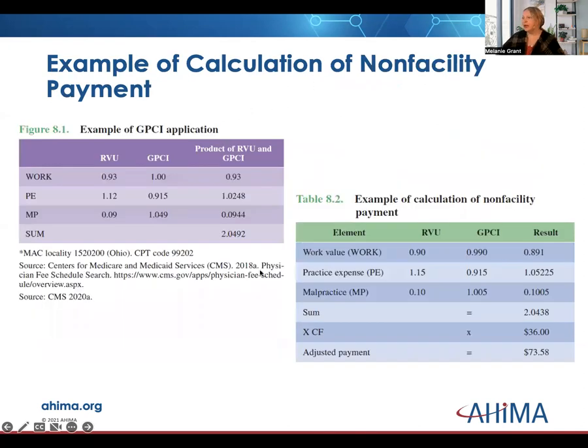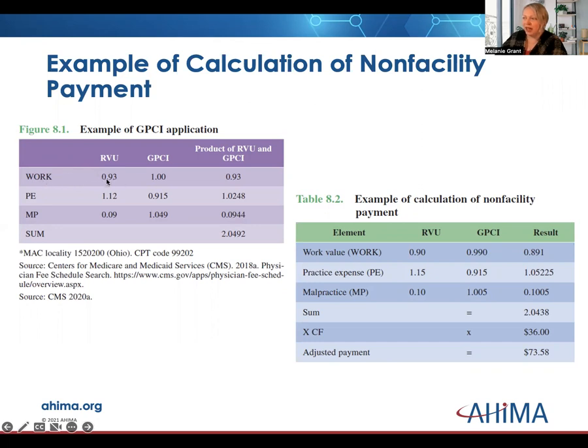So we have an example here of how non-facility payment may apply. This is utilizing the 2020 publishing in Ohio of the code 99202, which is a new patient office visit on the lowest level. To determine the GPCI application, just like we saw in figure 8.1, we would determine each